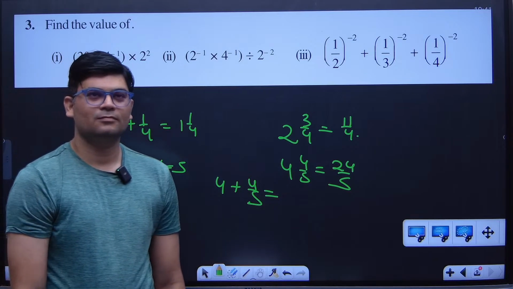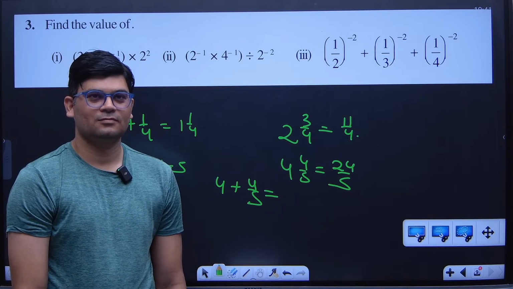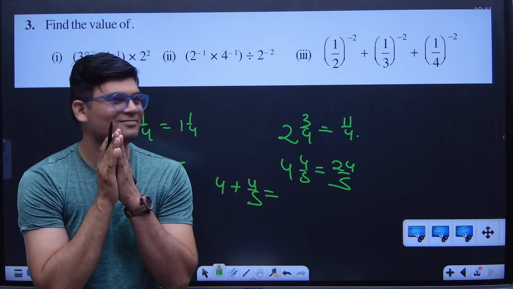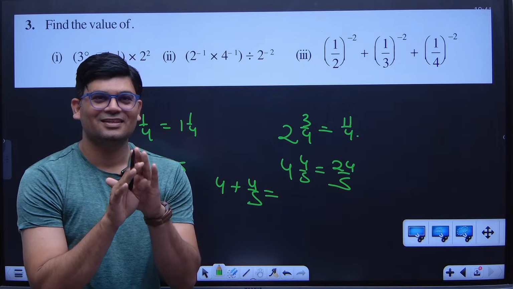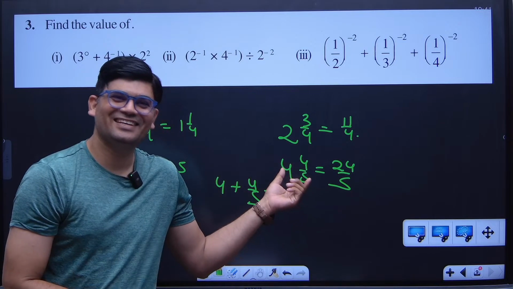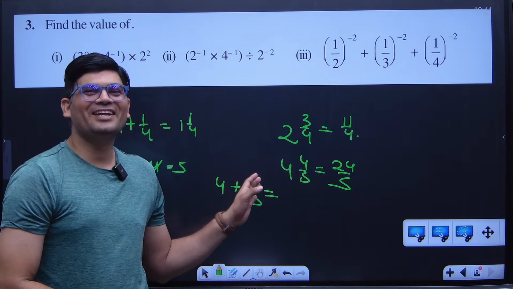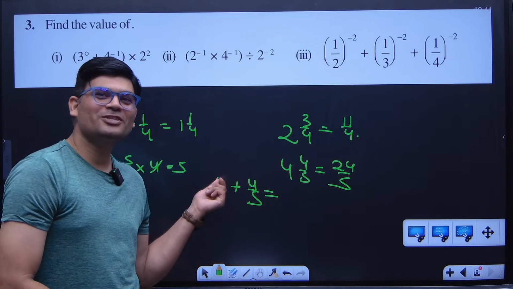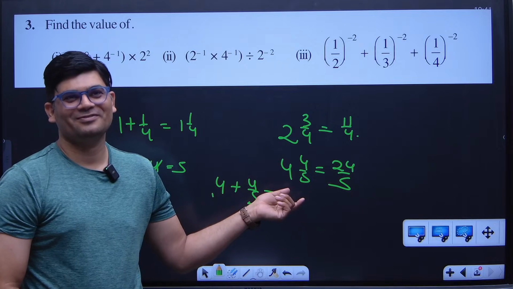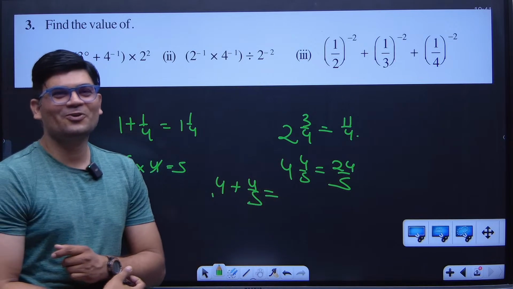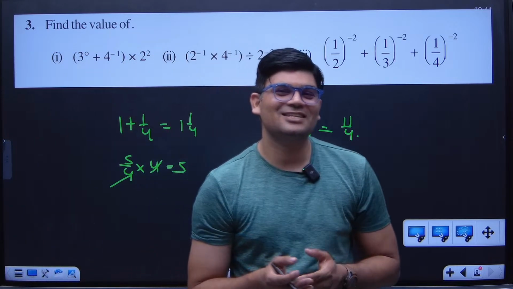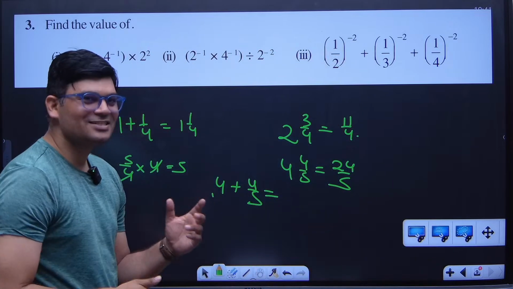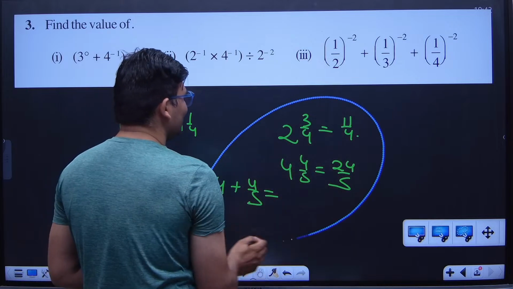Then you have to, like, first it'll be 4 by 1, and then you have to multiply both by 5, then 4 by 5. This is as good as this only. So how will you read this? This is 4, 4 by 5. How much is this? 5 4s are 20 plus 4, 24 by 5. This trick nobody has taught you. Even I was not aware of this. I became aware of this just 4 years back, when I was doing research on these kinds of questions, and I found that this trick works.